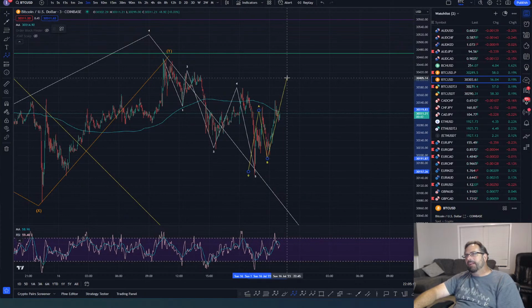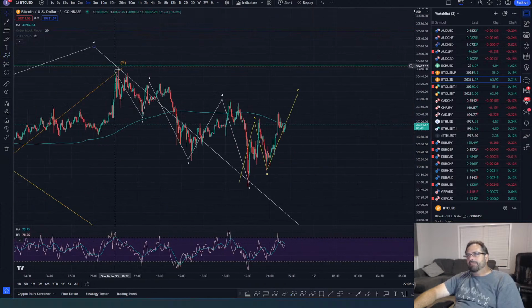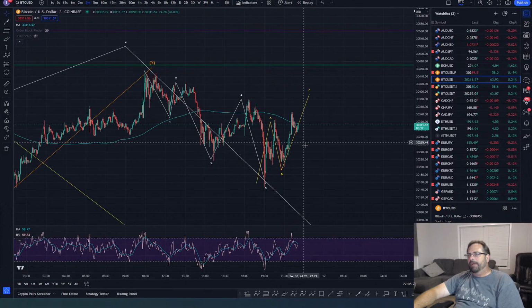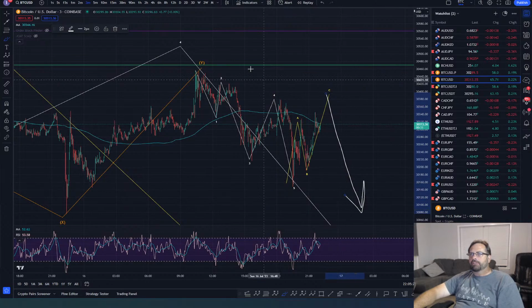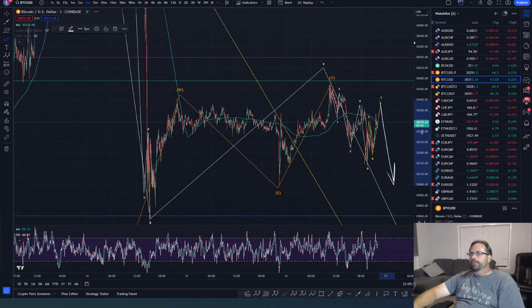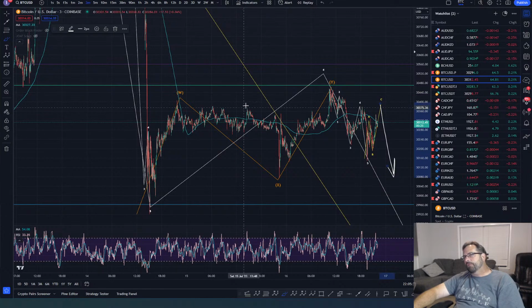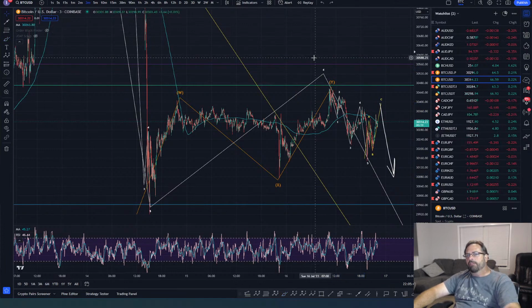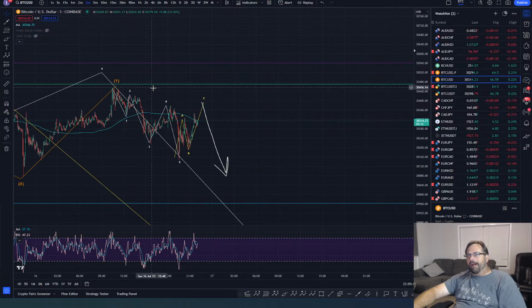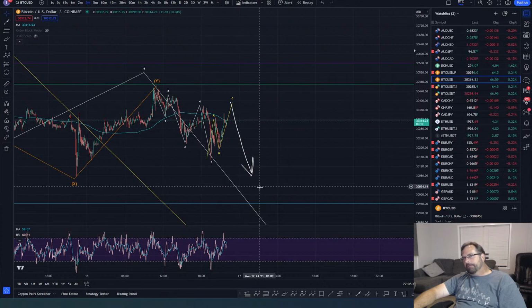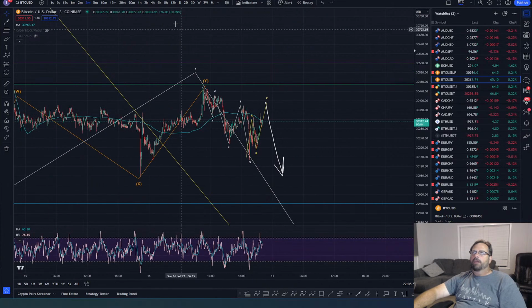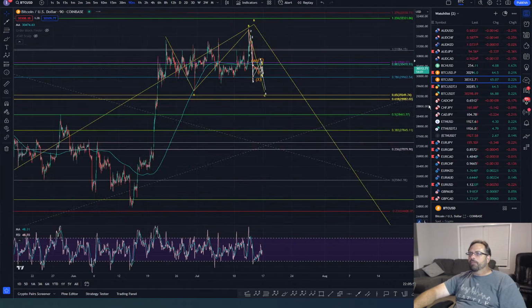So my analysis is saying, hey guys, this is real likely here that that's an impulse to the downside. That's a 3-wave pullback. I think it's much more likely that price goes down from here, just looking at this wave structure. I got 3 waves to the upside, 3 waves to the downside, 3 waves back to the upside. That's a finished WXY. That's a finished 3-wave move. Then you've got a 5-wave move here. Boom. With a 3-wave pullback, I'd be looking for this to break to the downside, and that would be a 1, 2. So I'd look for a big move to the downside for a wave 3. So that's kind of the way I'm looking at it.